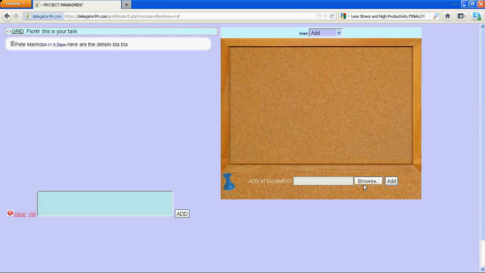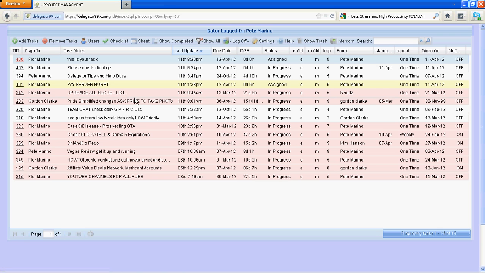Then you have attachments where you can add pictures or PDFs or any type of file. If you add a picture, it'll automatically come up with some previews. You can add your team members here and so forth. So I'm going to go back to the grid here,